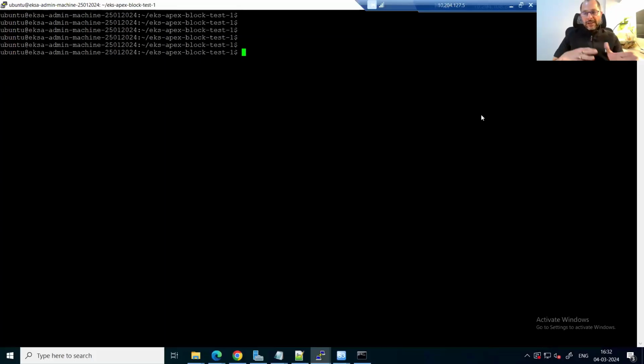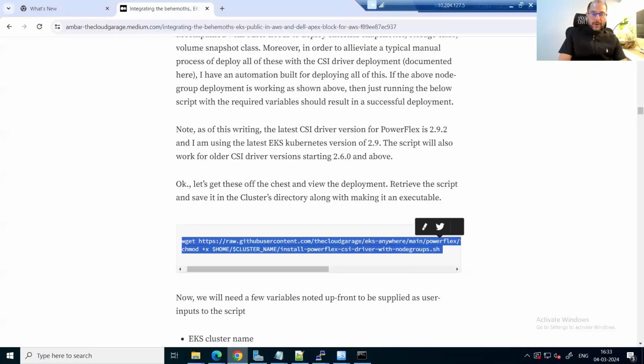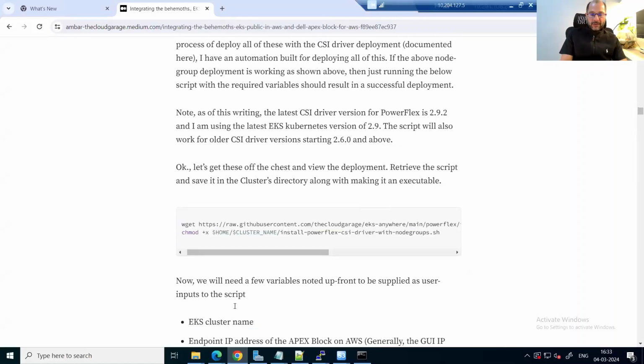So now let's continue with that use case testing that I just described, with the creation of a MySQL sample pod, which will be persisted over the PowerFlex Software Defined storage through the CSI mechanism using the storage class of PowerFlex-SC. And now, if we were to go back to my blog, I want to make sure that